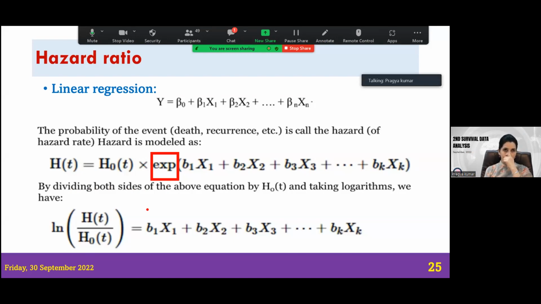If you take the log, this exponent is removed. So you take the natural log on both sides. So this is log of h(t) by h0(t), which is known as the hazard ratio. And this is the beta 1, beta 2, like this. So you can see here,